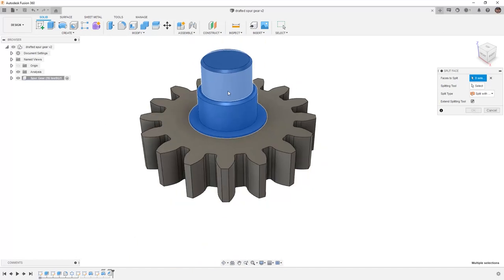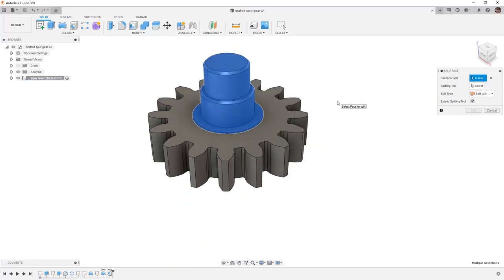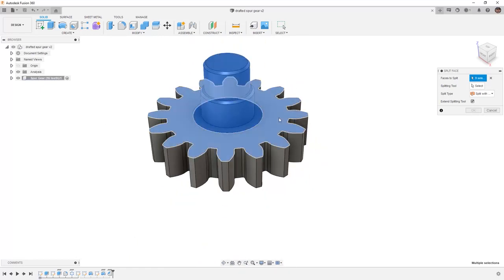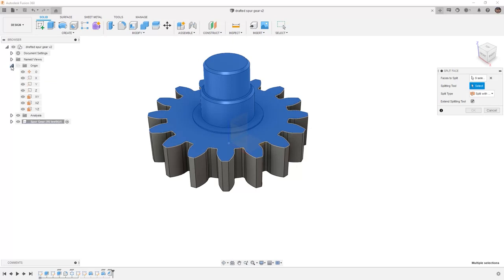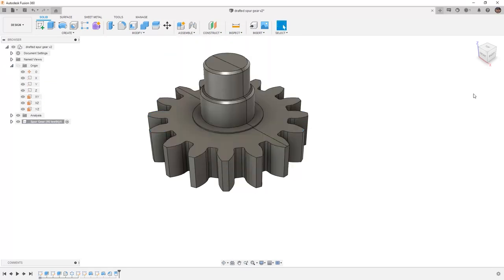So this will be all the way up to the top, and once I'm happy with those, I'm also going to select the top face of the gear, and then I need to select my splitting tool. For me, that's going to be the XZ plane. So I'm going to go in and select XZ and say OK. This is still a single solid body, but now we've divided it up so we have better selection for applying